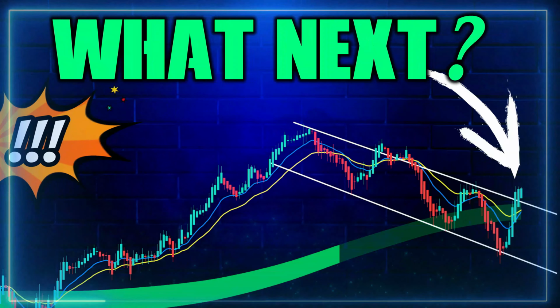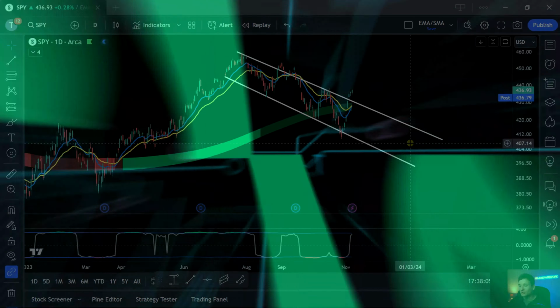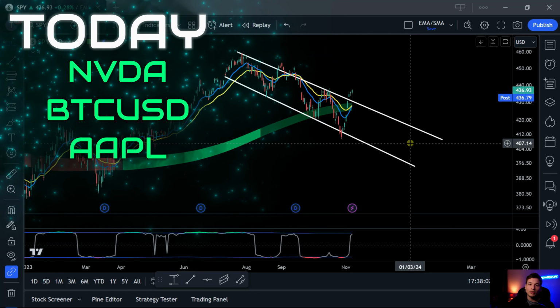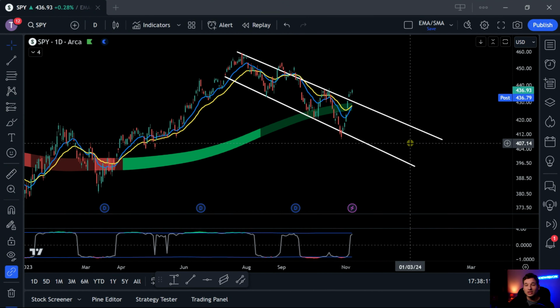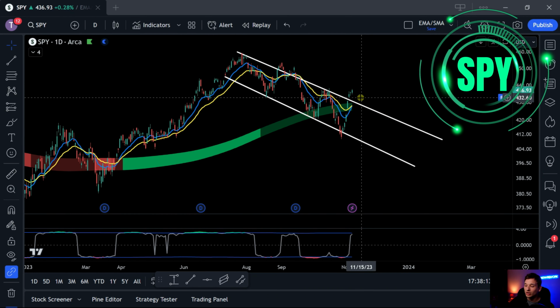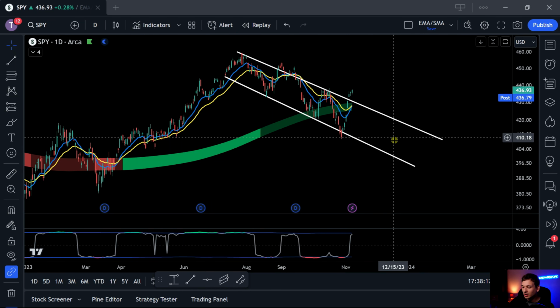So there's a lot of buzz in the stock community and the YouTube financial community right now about whether or not the market is going to continue on this rally, or if this is just hitting resistance and then we're going back down and continuing the downtrend. Well, I'm here to show you why it actually doesn't matter and how you can make money in both situations